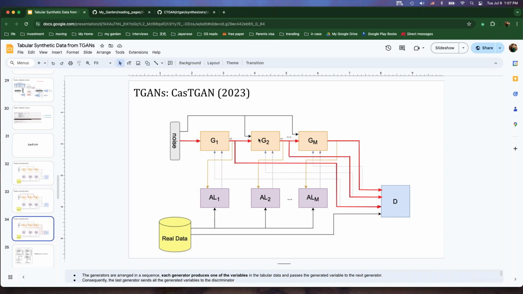Each generator is still getting the previous generators' data as its input. This means the later generators are getting not only noise data, but also the previous generators' data as input, which